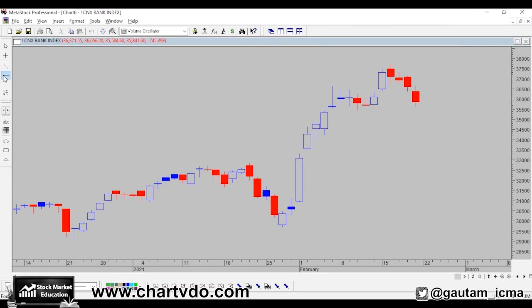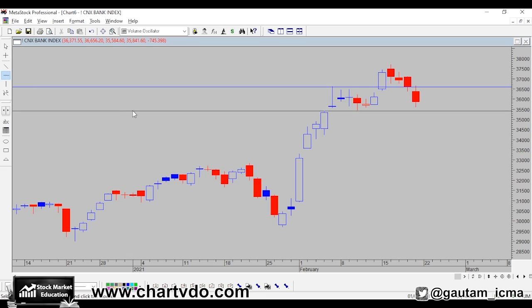Coming to Bank Nifty, the situation here is quite clear and it is on the southern side. Let us see. The first support which was here has been violated. There was a gap at this place. The gap has been filled. There are two major signals which are suggesting that the downside move may have begun in Bank Nifty.